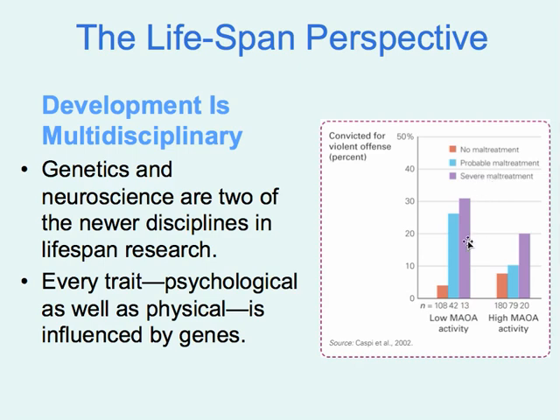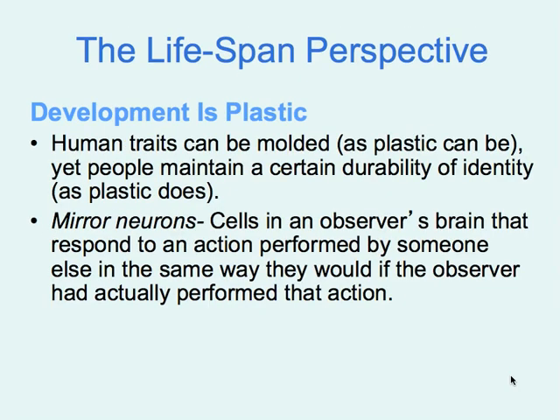And so it's interesting to note that if individuals had low MAOA activity and they were severely maltreated, they were at a much greater risk of being convicted for violent offenses than individuals who were high in MAOA activity. And MAOA, it's not that important at this point, it stands for monoamine oxidase, which is an enzyme that breaks down monoamines, of which serotonin is one type of monoamine. Development is plastic. So human